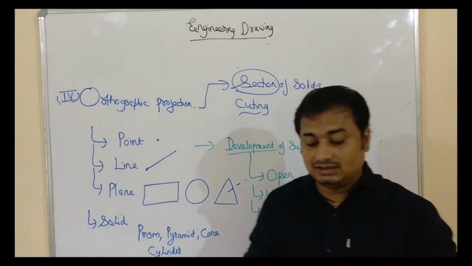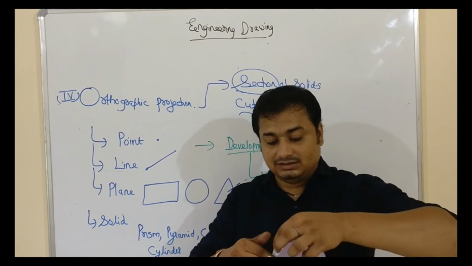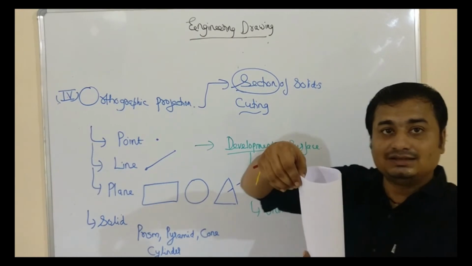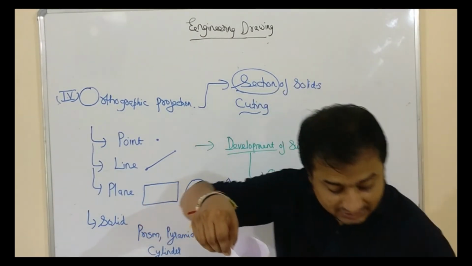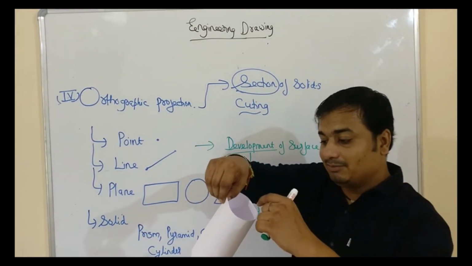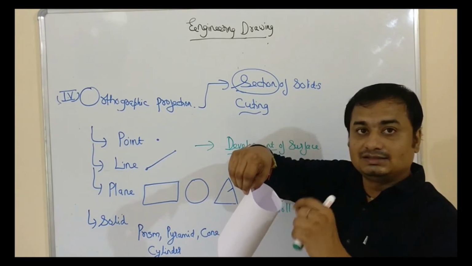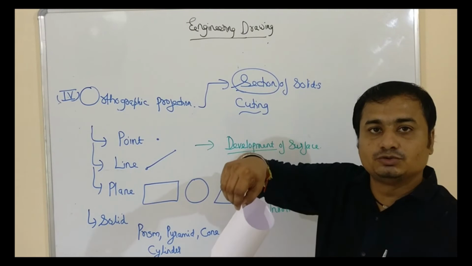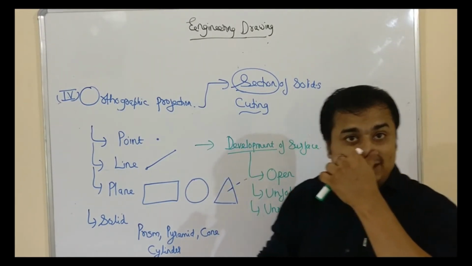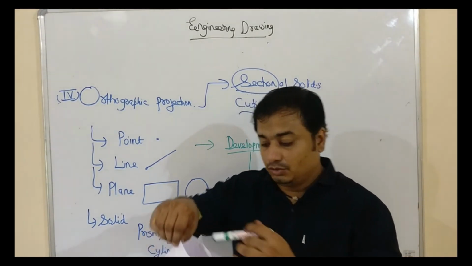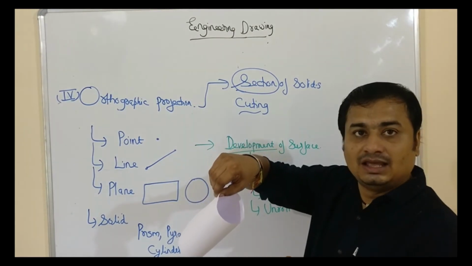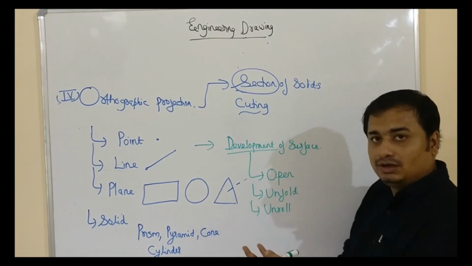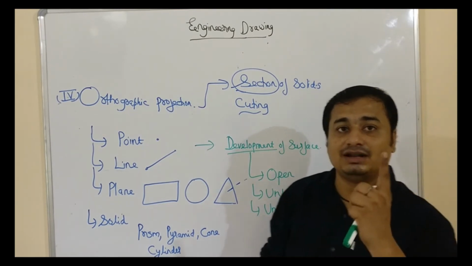If I consider this solid as a cylinder, as you can see, this solid is made up of thin sheet. It has been made by using paper, and this solid is hollow. So these are the 2 conditions of development. You have to assume the solid to be hollow, made up of thin sheet, and you have to unfold or unroll the solid from one end.